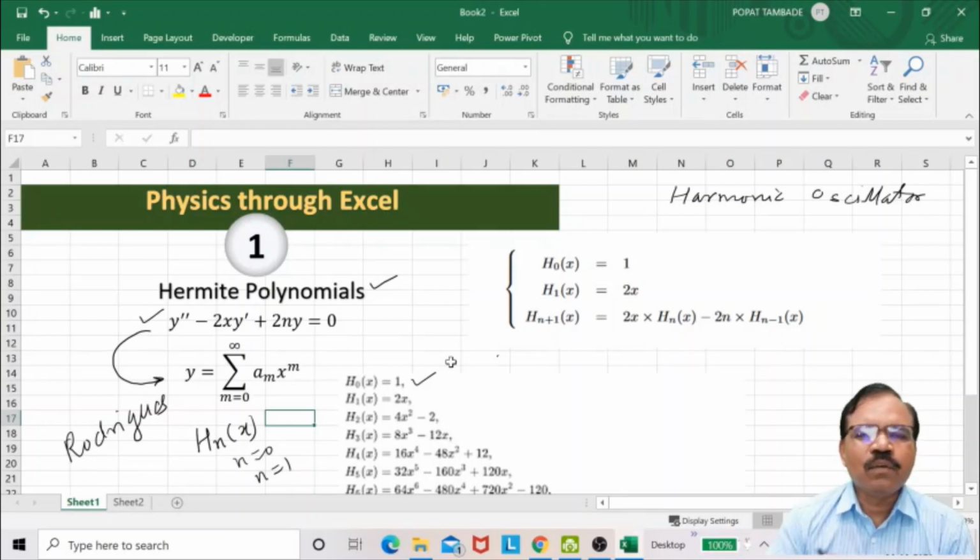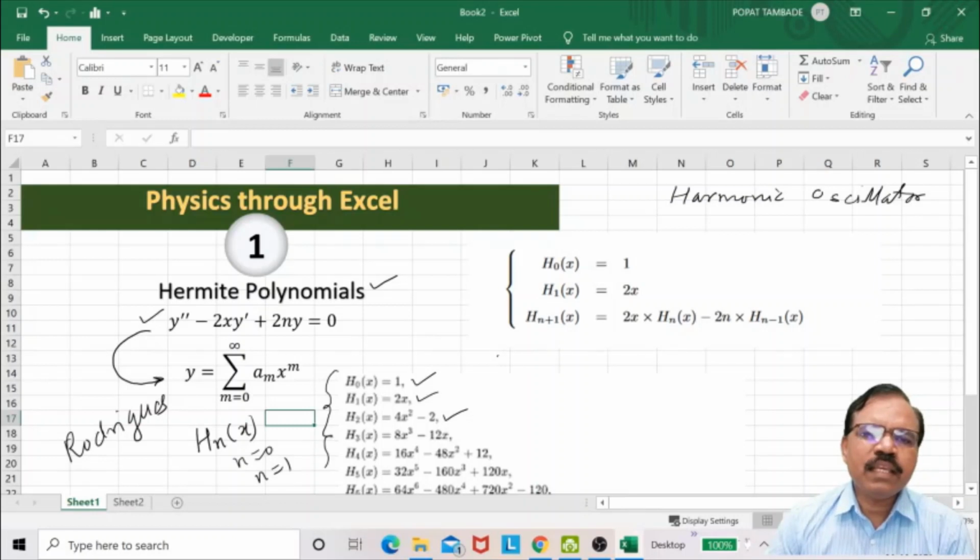With x, we will get a constant value, that is 1. We have H_1(x), that is the first order Hermite polynomial. It is 2 into x. So we will get a straight line. H_2(x) is 4x square minus 2. So in this way, you can plot Hermite polynomials by taking different values of x and obtaining H_n(x).